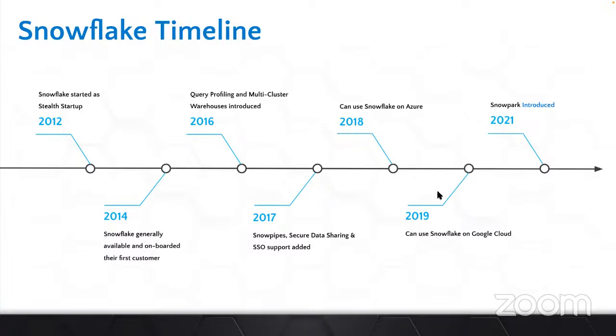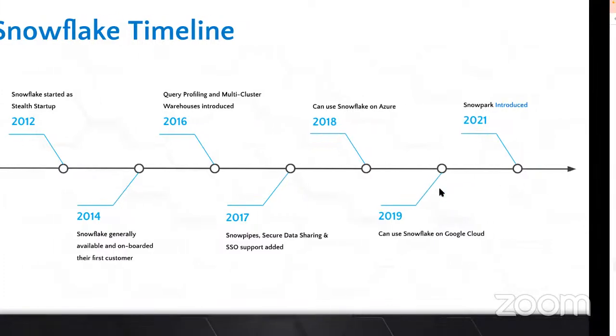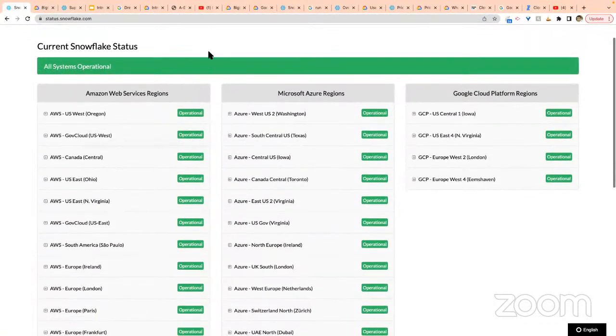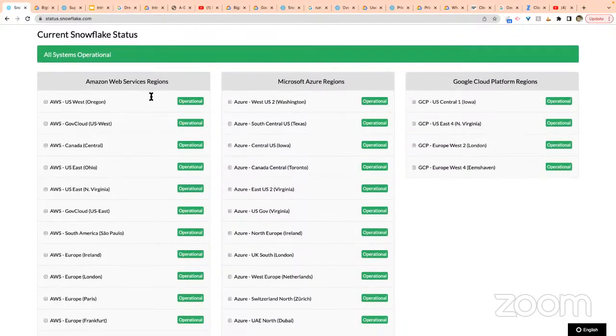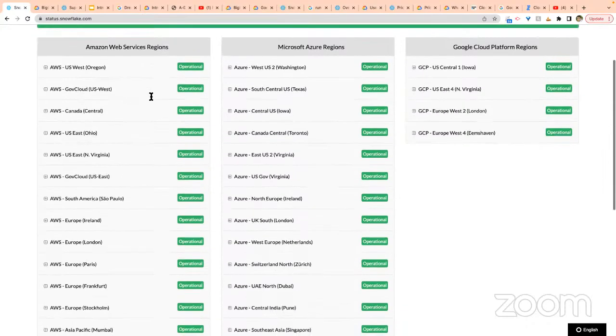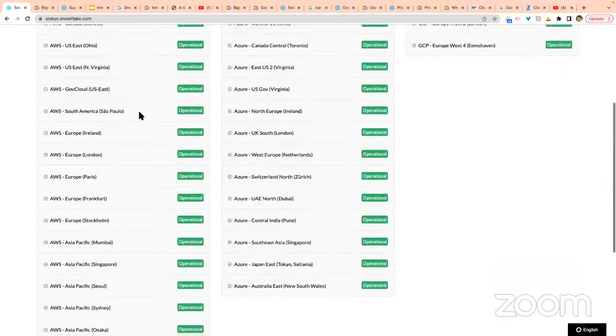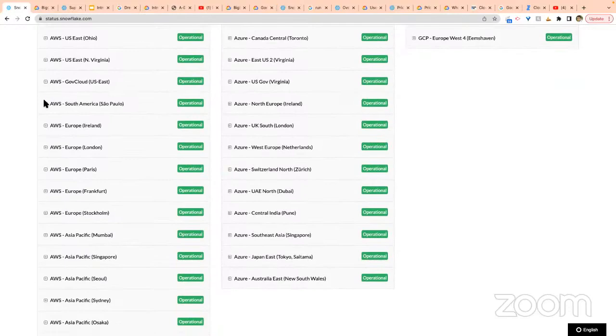When some cloud provider is there since the beginning, you can understand there is a lot of support already available. If you go to this website, status.snowflake.com, you will see which regions support Snowflake. If you are working with AWS and you want to run Snowflake on AWS, you will see so many regions are already supported.